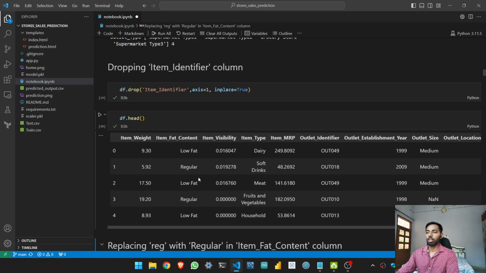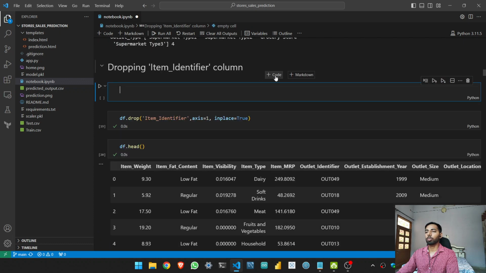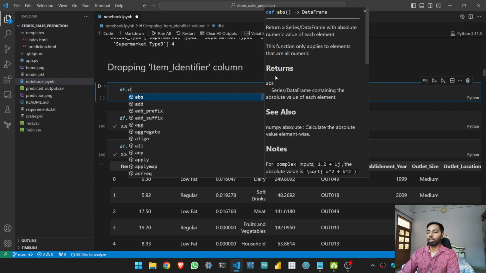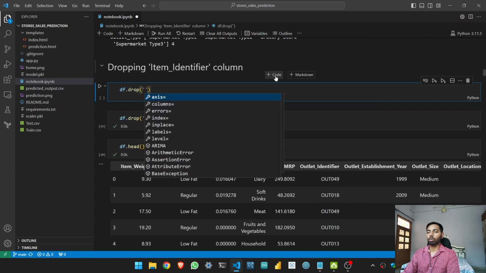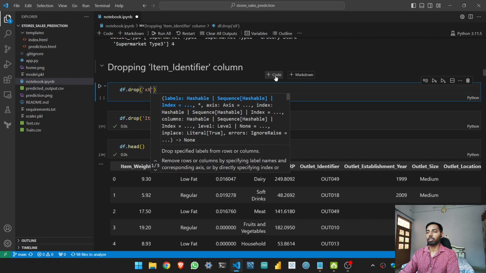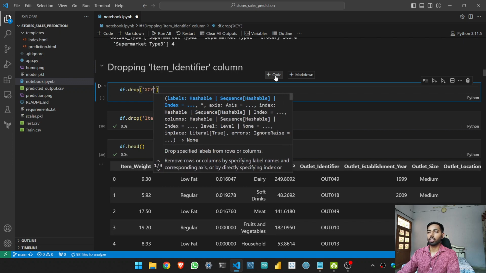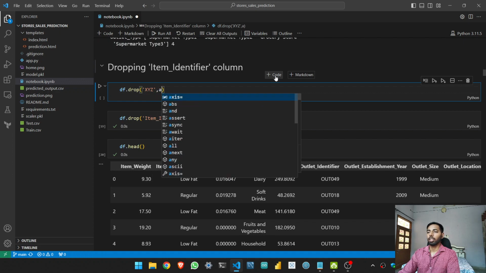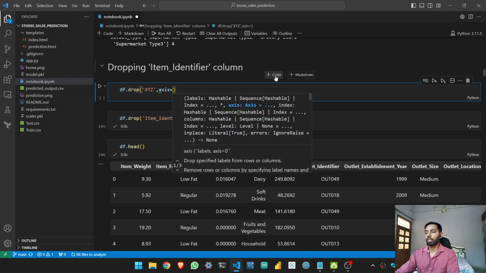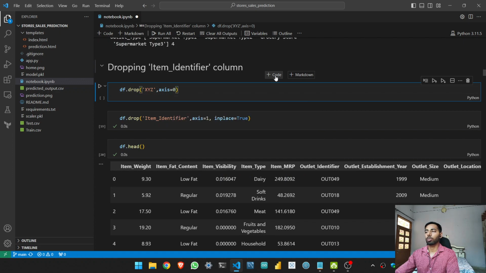Now we can see in our data frame this is dropped, and for dropping the column we have the command df dot drop, and here write the column name, something like xyz, and then if it is a column, then we have to give axis as 1, and if it is an index, or you can say row, then we have to give the value as 0. Okay,